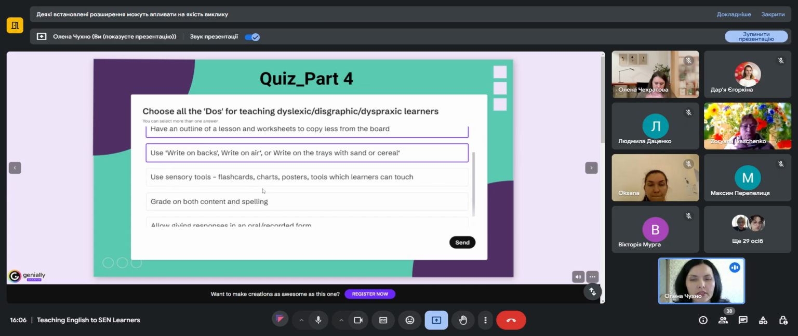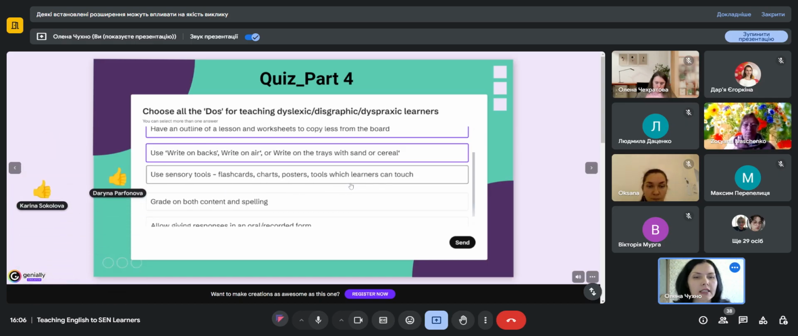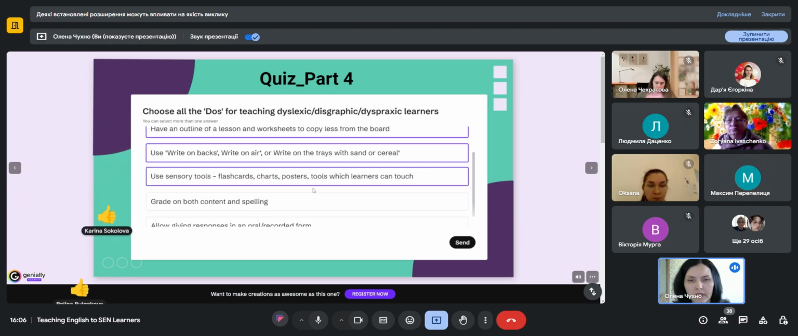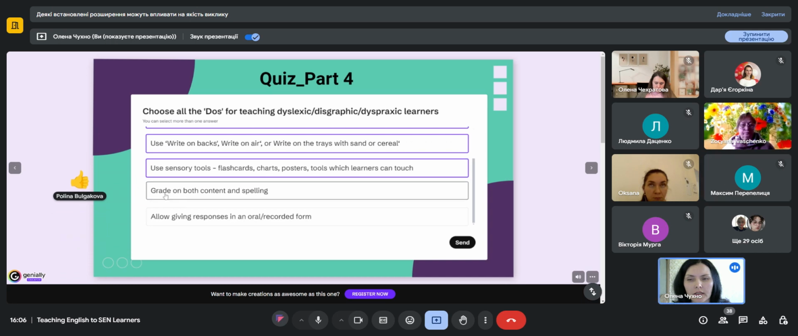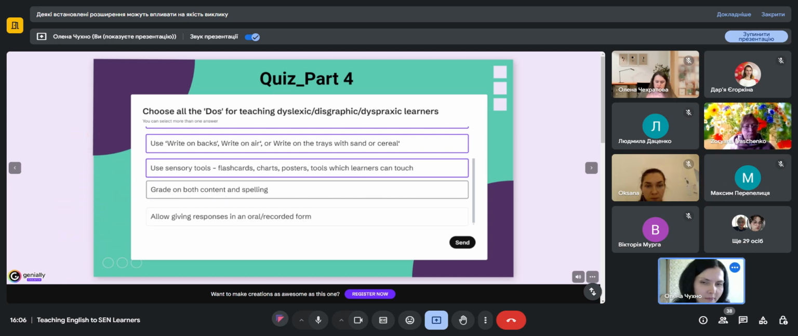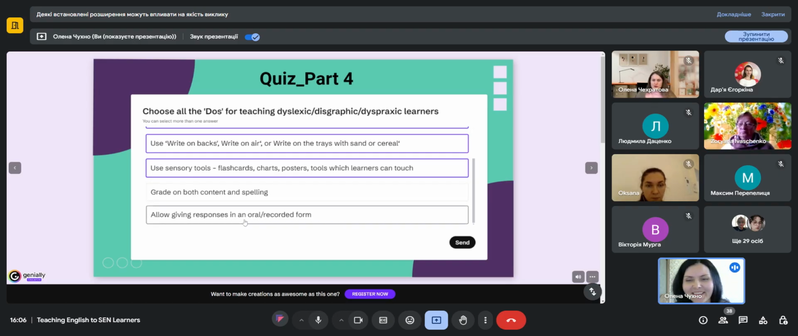Use sensory tools like flashcards, charts, posters, tools which learners can touch. So something they can manipulate, of course. Right. Yeah. The next one is grade on both content and spelling. No. Okay, so we usually, if we work with dysgraphic, dyslexic students, we need to grade them for content because